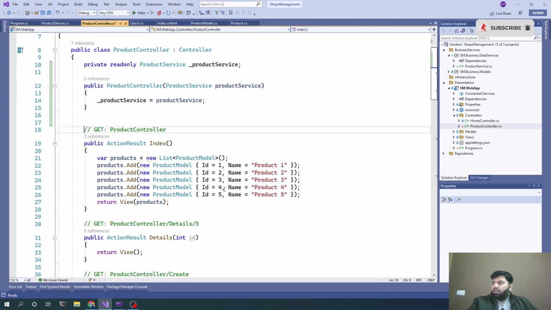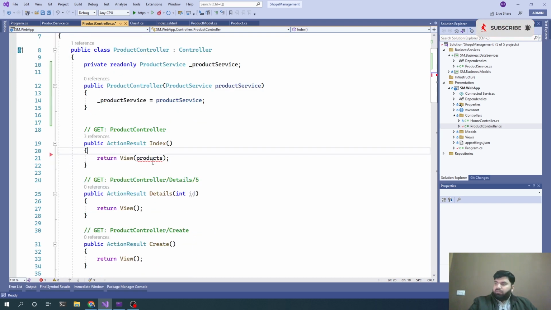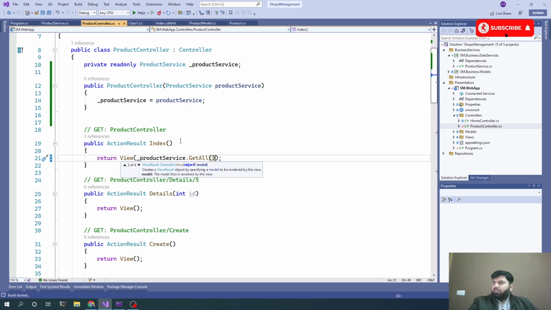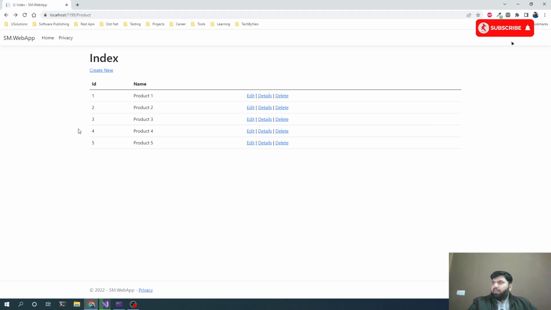Okay, and now instead of all those lines, what we can do is underscore product service dot get all, as simple as that. And if we now refresh the project,